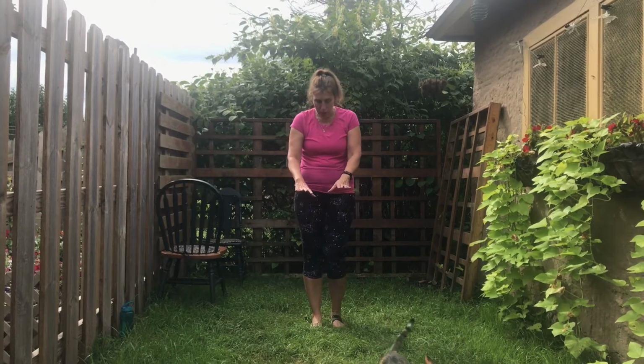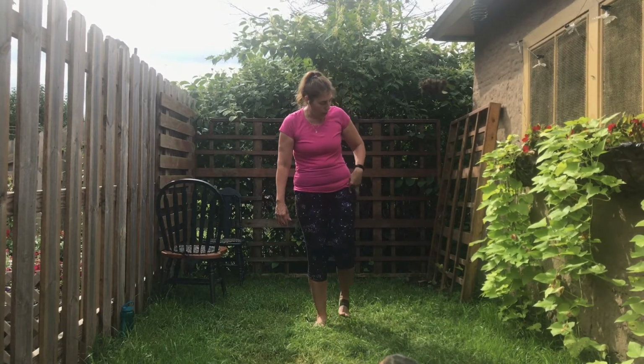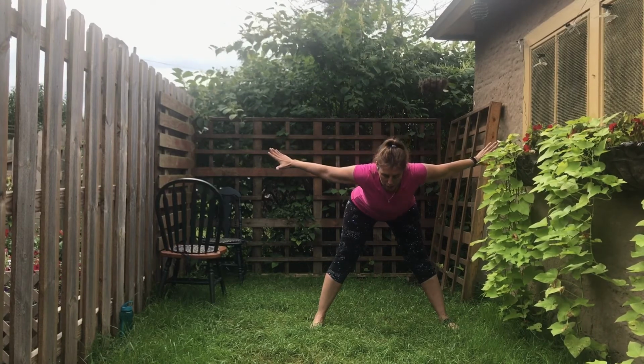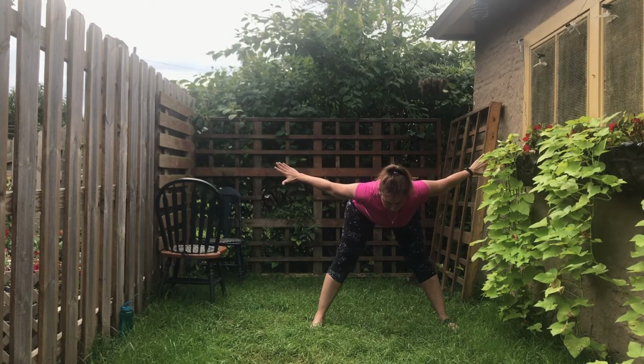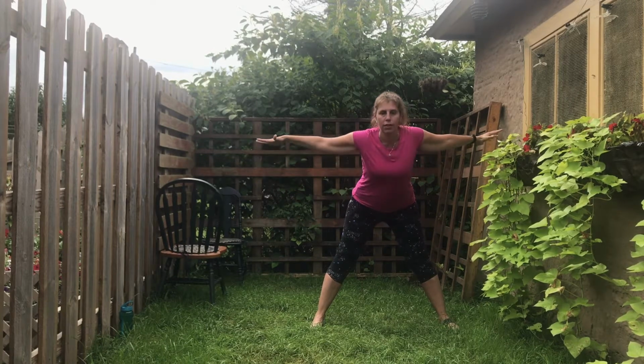Okay, so from behind your chair, you're going to take your right foot and take a nice big step out wide, and we're going to stretch out our arms into a star pose. And then you're going to turn your palms down and draw back with your little pinky fingers, feeling this wonderful stretch across your chest. As you exhale your breath, we're going to fold from the hip, keeping a nice strong back. And again, work with what's comfortable. Don't fold any more than what your body says is okay. And then we're going to breathe in, lift back up,